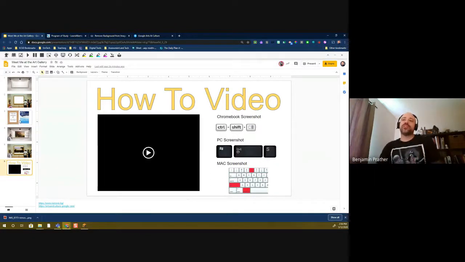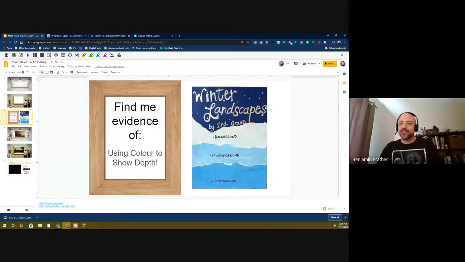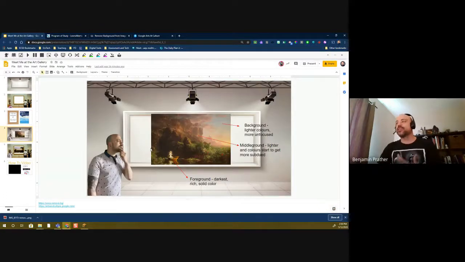But my goal was to provide you with a fun way where we can pretend we're in an art gallery and we're looking for some of those beautiful, important themes or elements of art. So like I said, Ukrainian art, this is my example here, is using color to show depth, one of the many possibilities that we can use to do it. So I have students find photos that show example of depth, and I used remove BG, both links are down here, and remember there is a video with how to pretend that we're in the art gallery. It's just a fun, engaging little way to say, you know what, look what I found, this was me, and pretend kind of like we're in an art gallery.